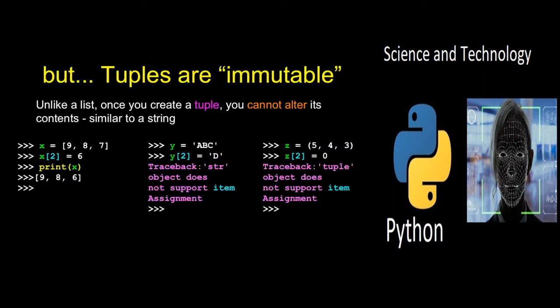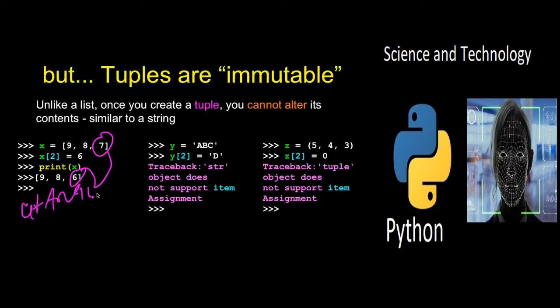The difference between tuples are that they are immutable. Once you create the tuple, you can only sort of assign a tuple, but you can't modify it. You can modify a list. So if we take a look at a list here, we make a list that's 9, 8, 7, and we say x sub 2 equals 6, well, that just means this 7 becomes a 6, and that's just natural, meaning we can reassign slots. We can delete things, we can insert things, we can mutate them, we can change them, so they're